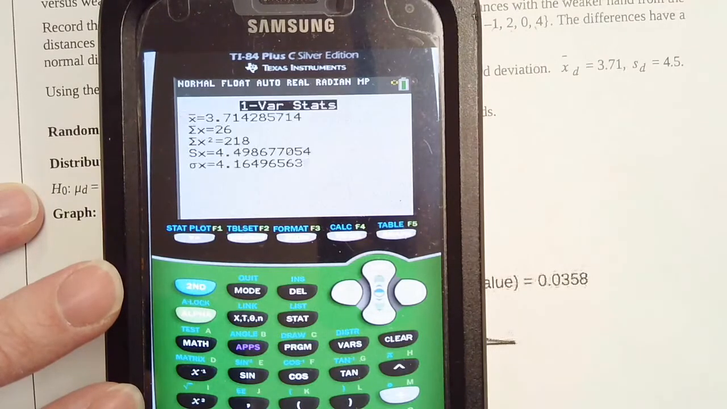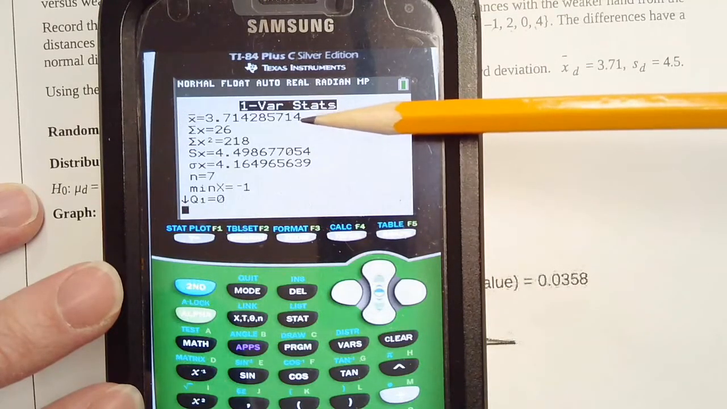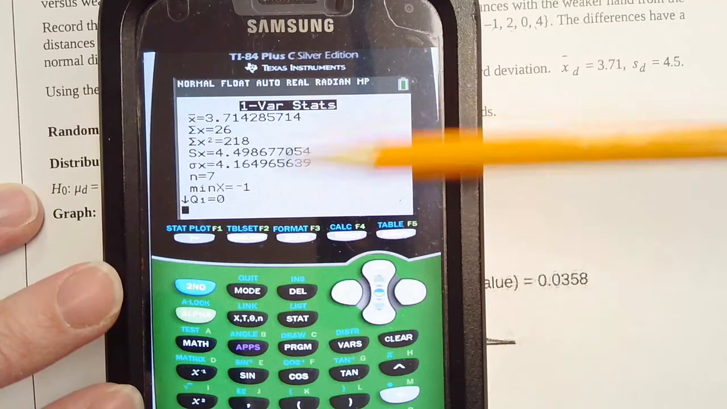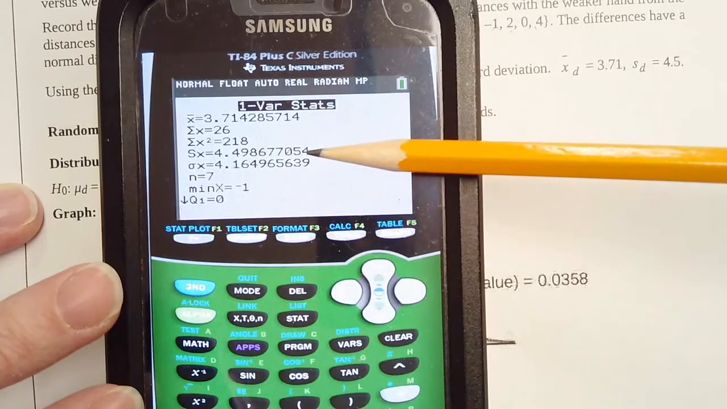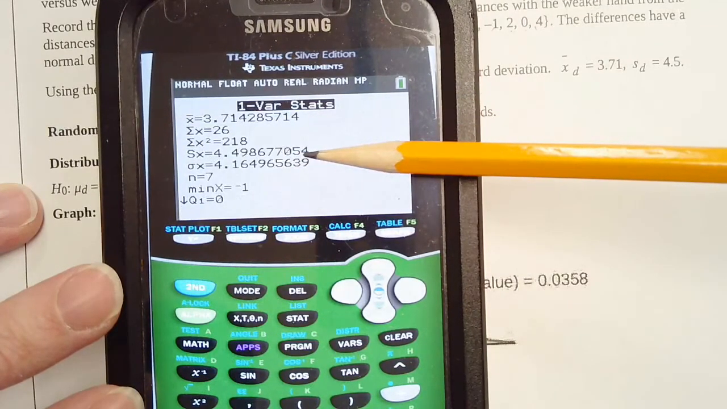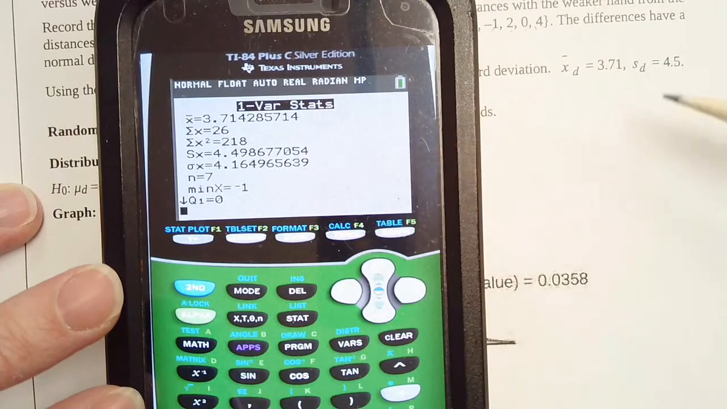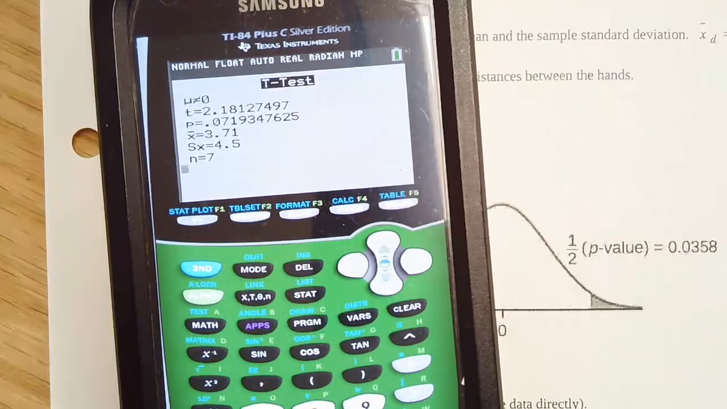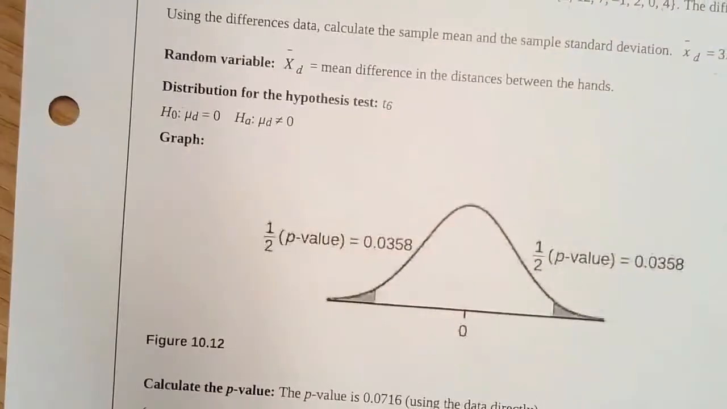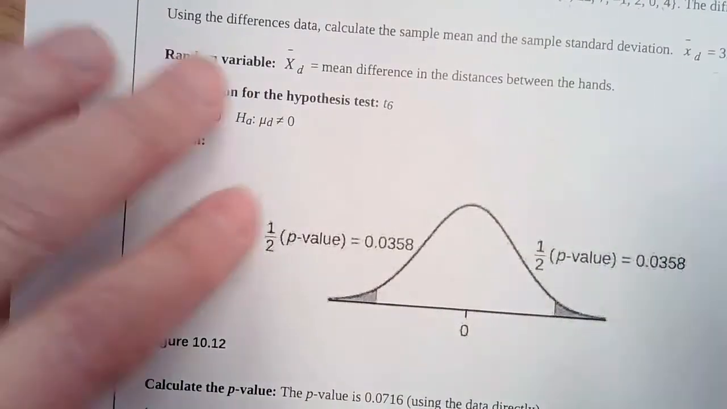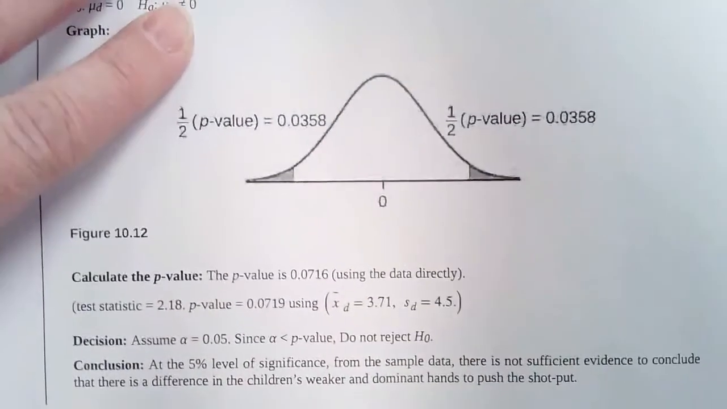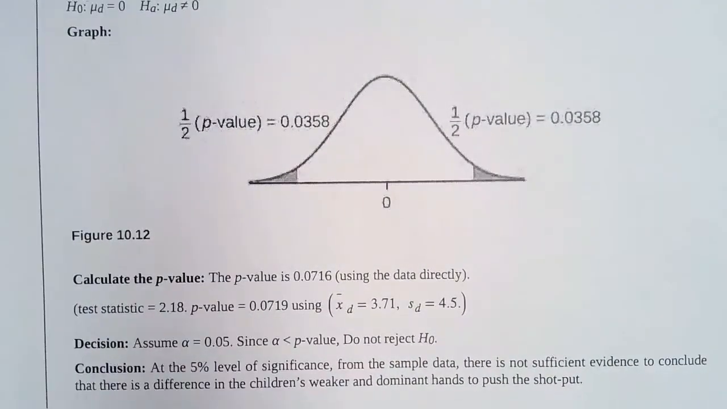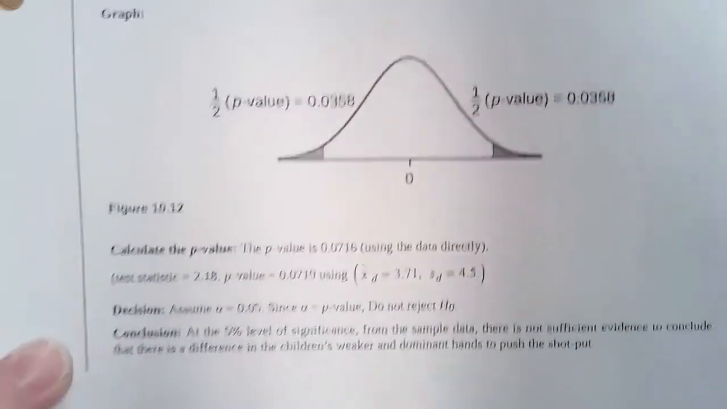So we do our 5-number summary stats, or the one variable statistics. So the mean is given and the sample standard deviation. So we have our sample mean and our sample standard deviation. And that's going to be the same that's in the packet. So 3.71 and 4.5 when we round. So then I can go in and put that into the calculator, and we get our p-value of 0.0358